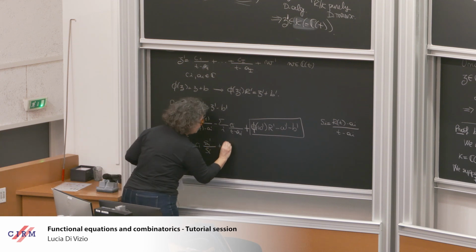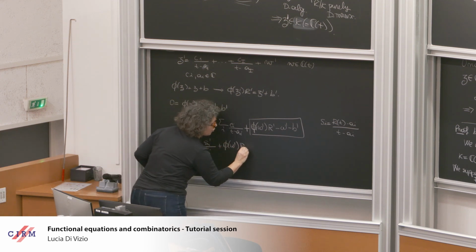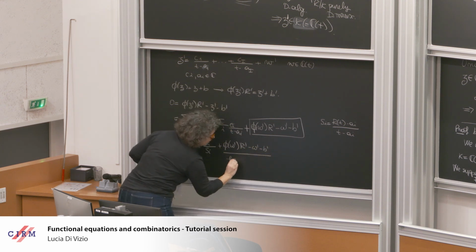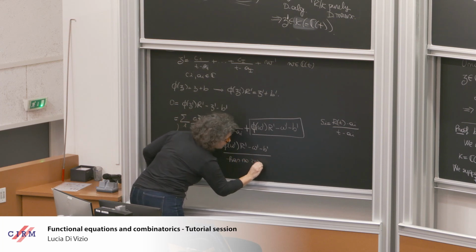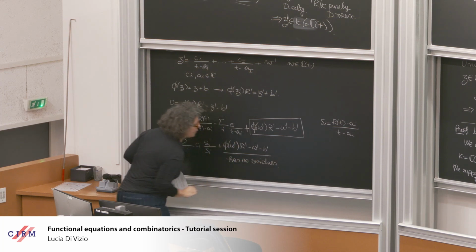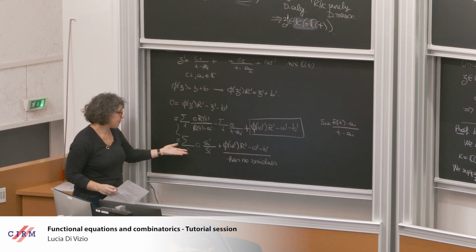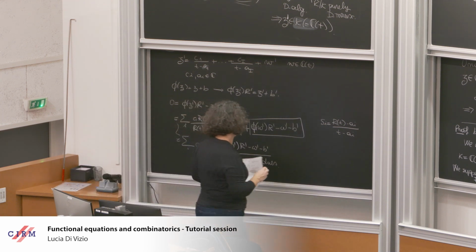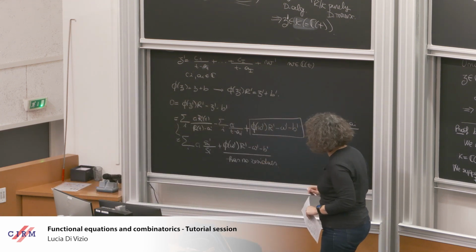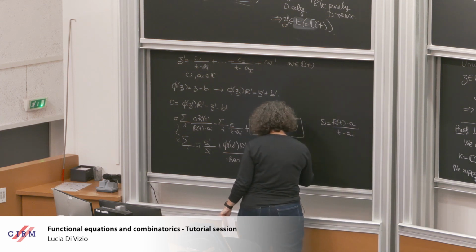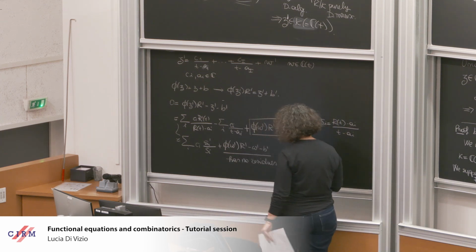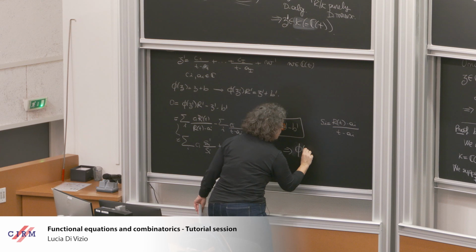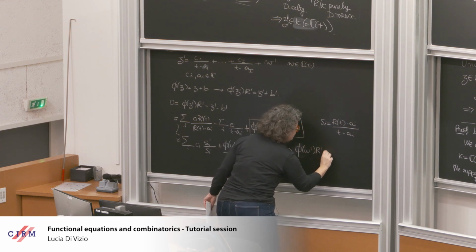And plus these things which have no residues at any point. Okay? And this is equal to 0, so of course this part must be equal to 0. Every bit of it must be equal to 0, but in particular this part must be equal to 0. And we have supposed that b prime is different from 0. So this implies that omega prime prime